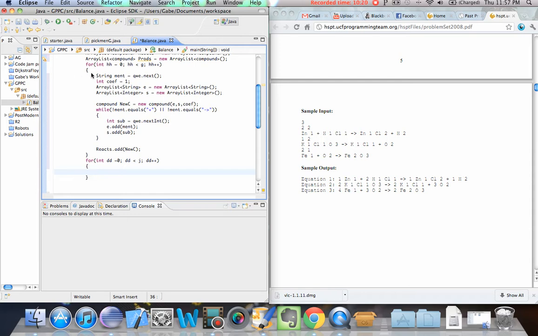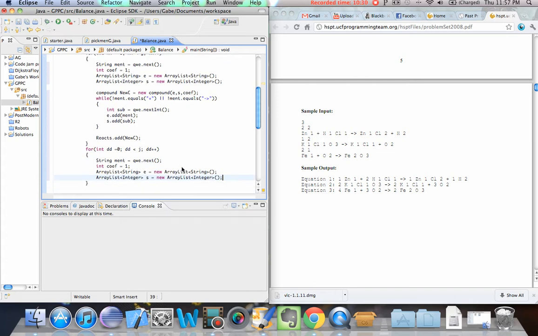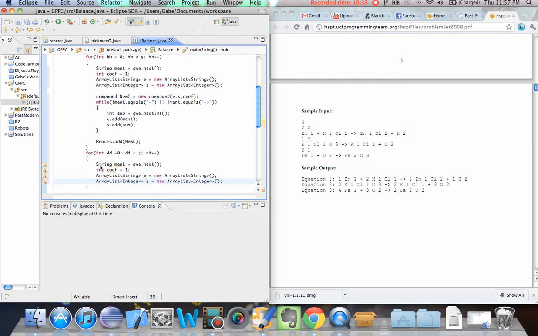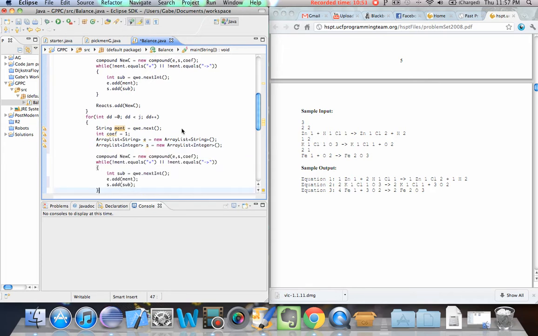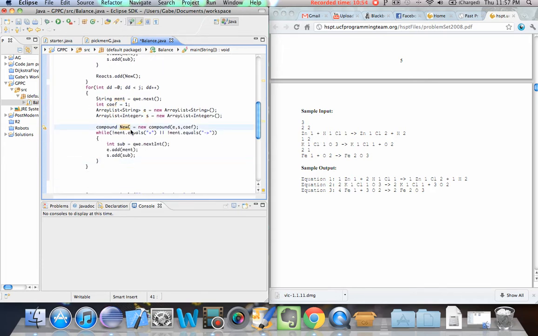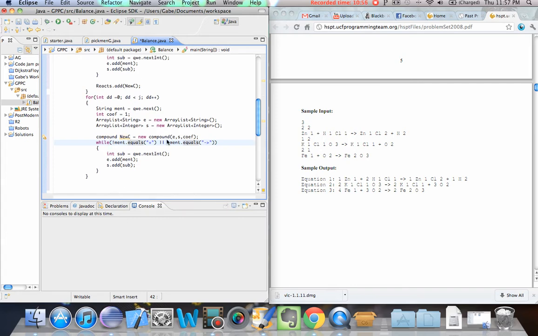So again, well, the string elements, the coefficient, and those guys. I know I just said don't copy and paste, but this is safe. Come on. It's not used. Okay. Then new C. I get the while loop too. What the heck? I'm not following my own rules. Okay. So again with the new C, but now